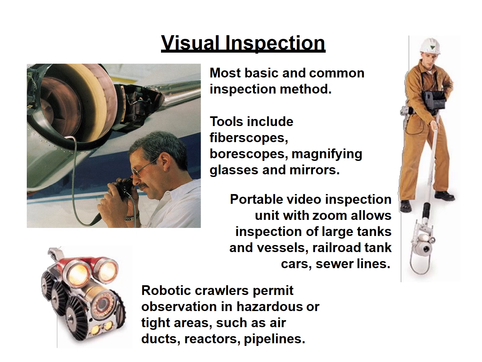It is the most common inspection method used to find cracks or defects in different materials. The tools include fiber scopes, borescopes, magnifying glasses and mirrors to detect the cracks or the defects present in the material. The portable video inspection with different magnifying glasses or different zoom levels will allow us to see through the material. Robotic rollers may be used in some hazardous places and tight areas like ducts, reactors, and